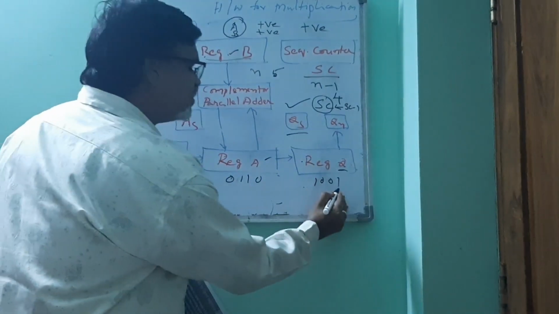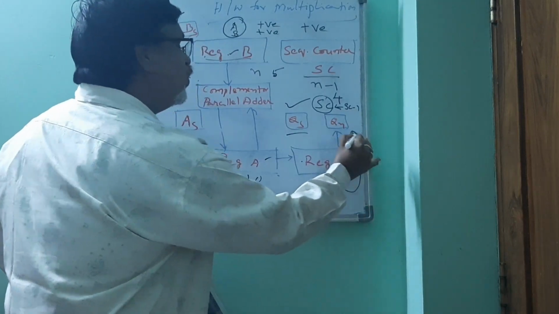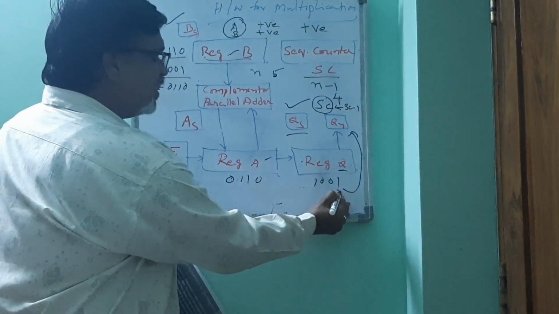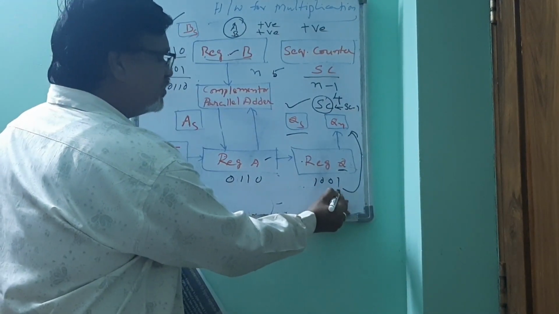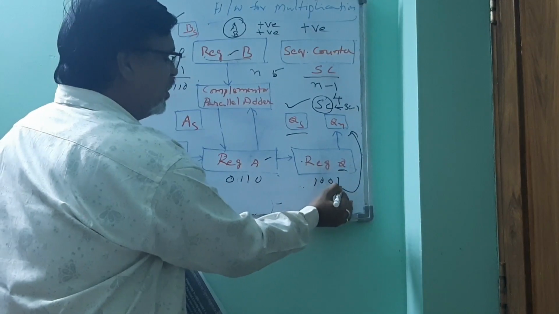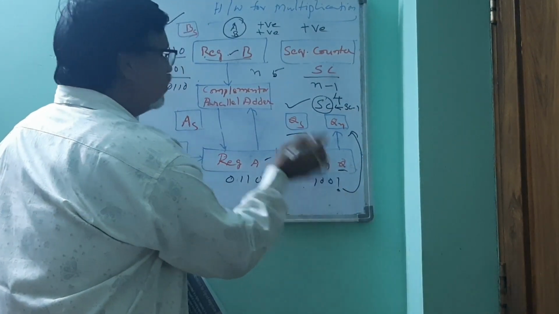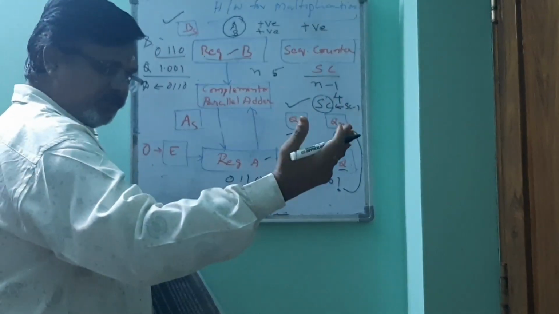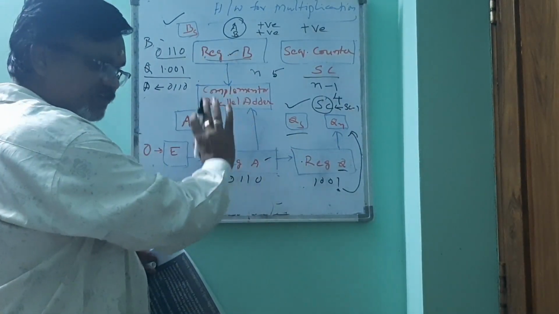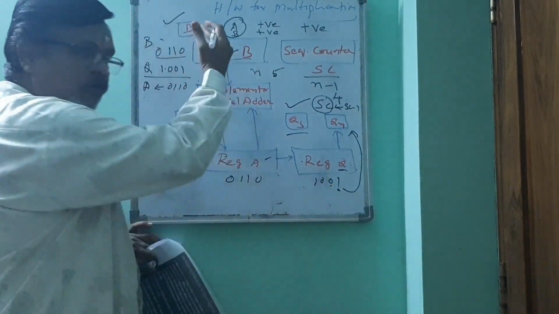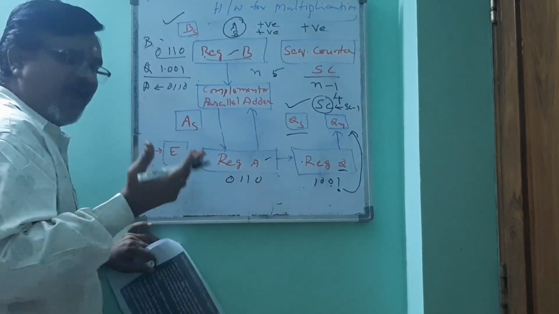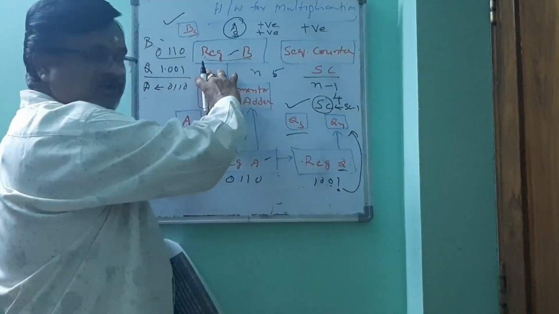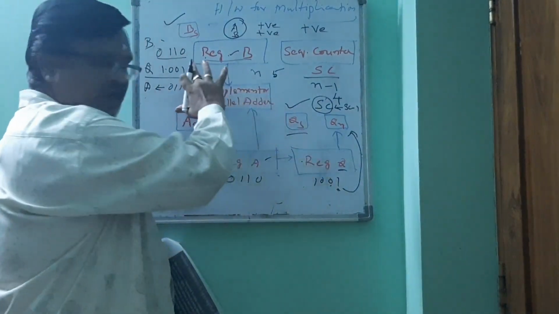The least significant bit of Q is moved to Qn. What is there in Qn? 1 is there. Because it is 1, as we explained, if the multiplier bit contains 1, addition will be done as it is. Otherwise, if it is 0, we will add with all zeros, which means no operation is required. So if it is 1, this addition will be executed. If it is 0, addition will not be executed.